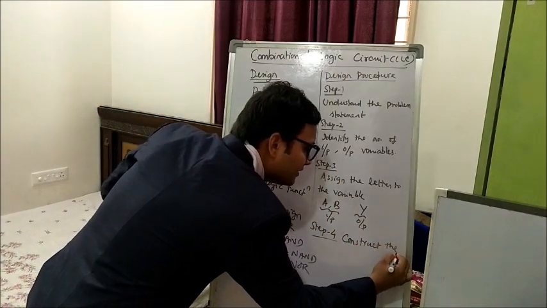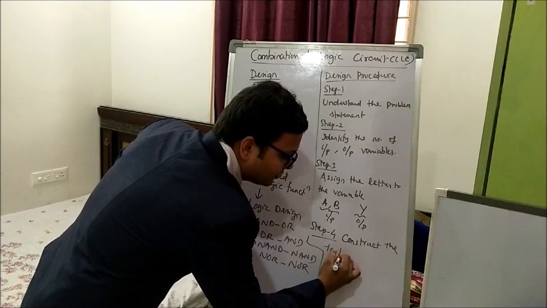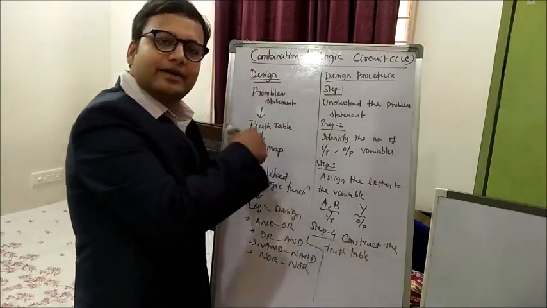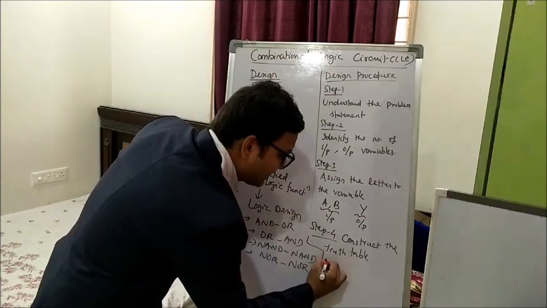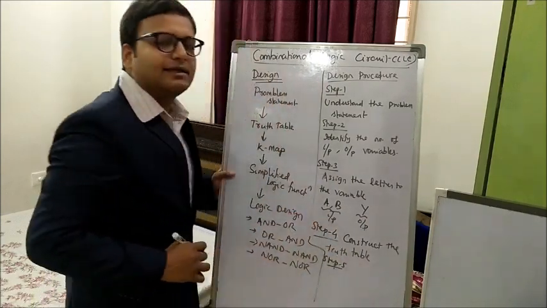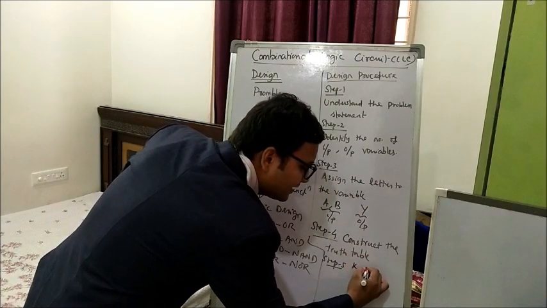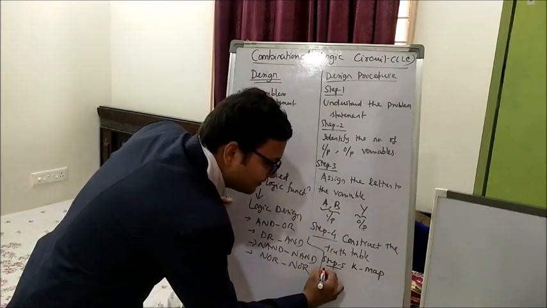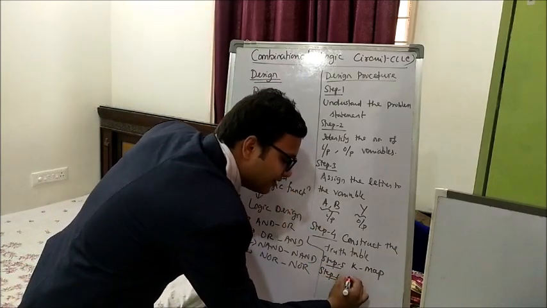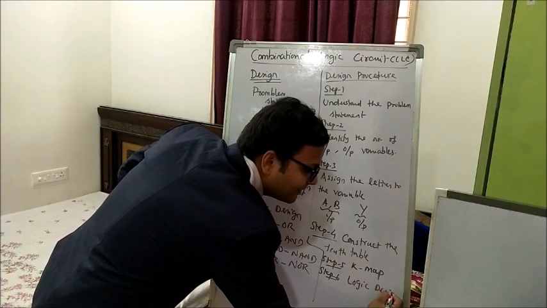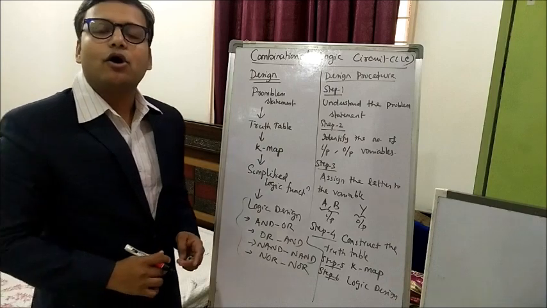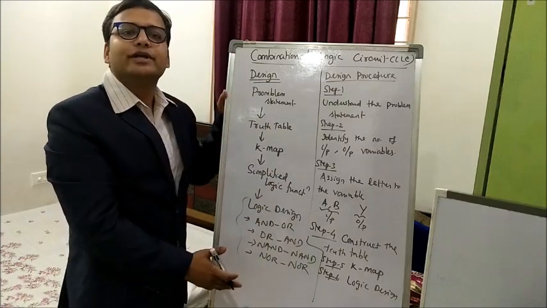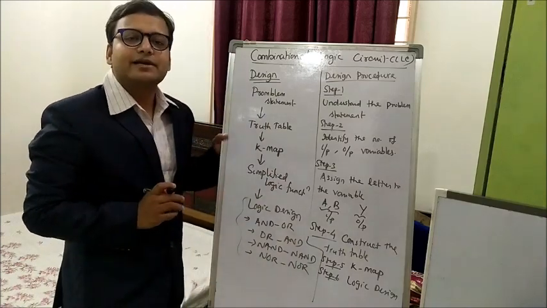as usual, construct the truth table. Construct the truth table by looking into the behavior of the logic design you want to design. Next, step 5 is nothing else: you need to go for the K-map to simplify the logic circuit. Next, step 6 will be your logic design. The logic design can be performed in any of these ways: AND OR realization, OR AND realization, NAND realization, or NOR realization. So this is the standard protocol you need to follow for any combinational logic circuit you are going to design.